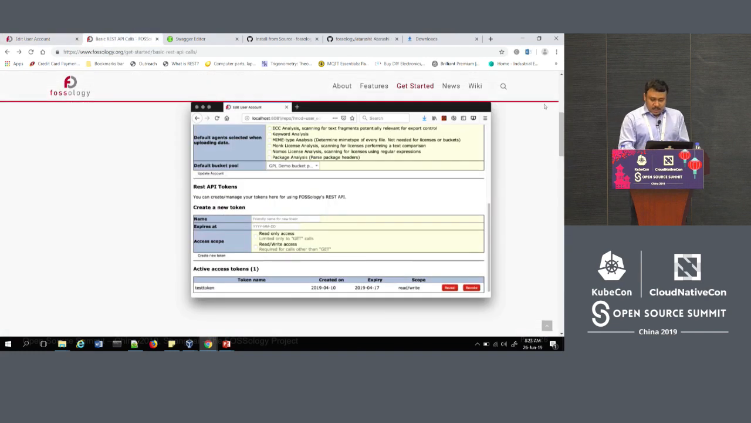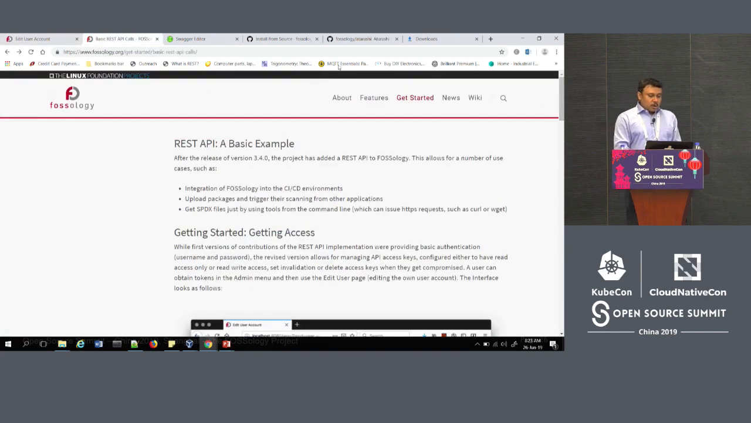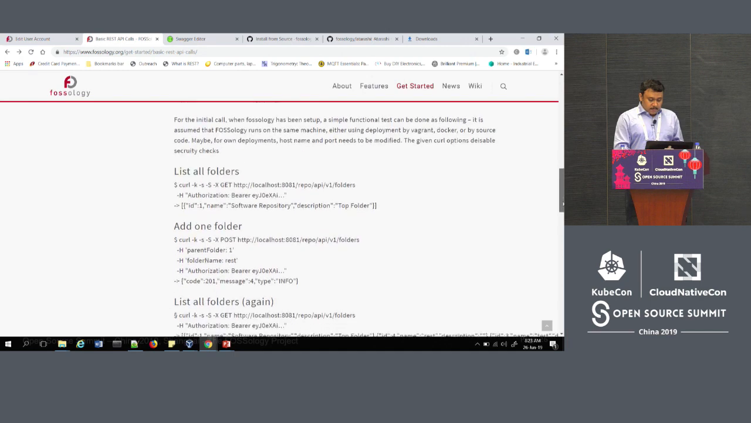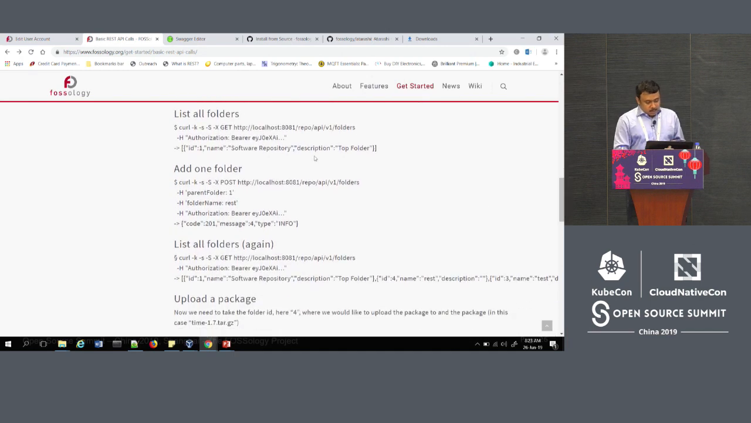So the REST link I have given, it's also there in FOSSology.org. This is the FOSSology official website where you will be able to find the REST API basic explanations. So here we have given some curl commands that you can use over REST,